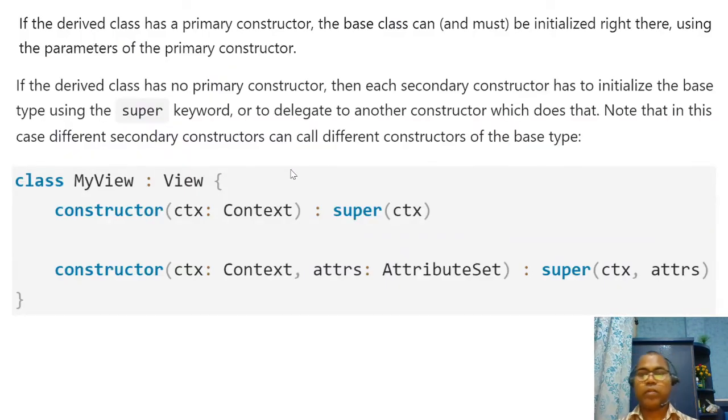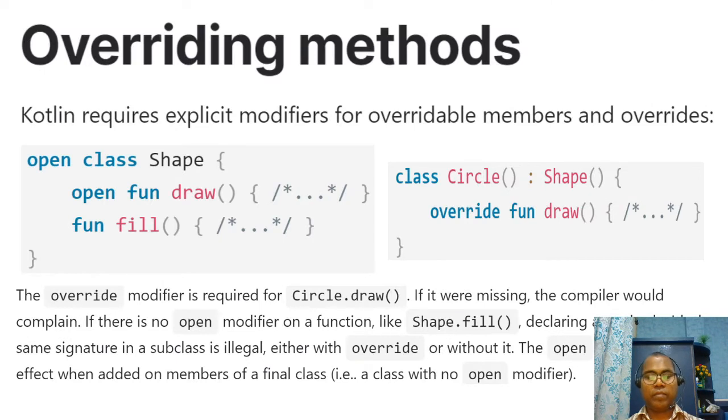So in this way, if you have a primary constructor, then you pass the arguments with the help of the class header itself. If you have a secondary constructor, at that time you have to use the super keyword to invoke the superclass constructor. And sometimes while inheriting, we generally write some overriding, such as overriding some methods, fields or properties as well.